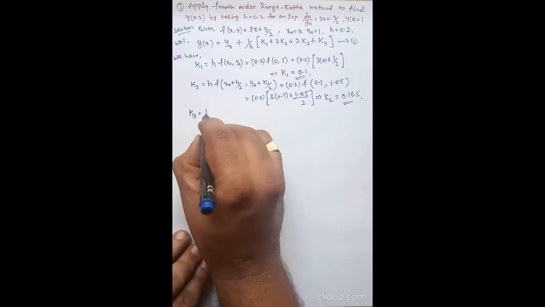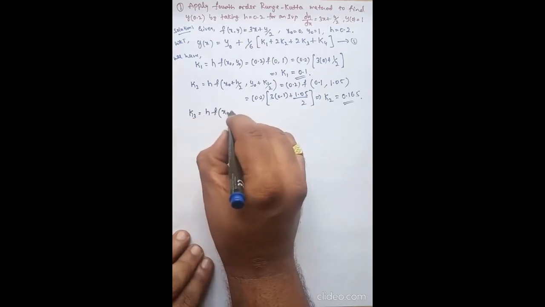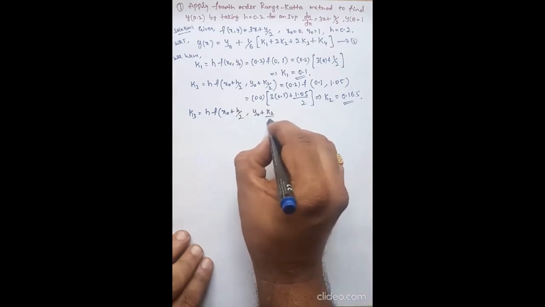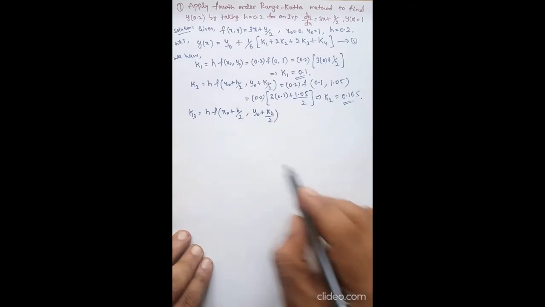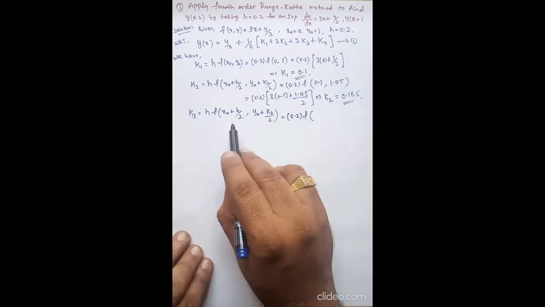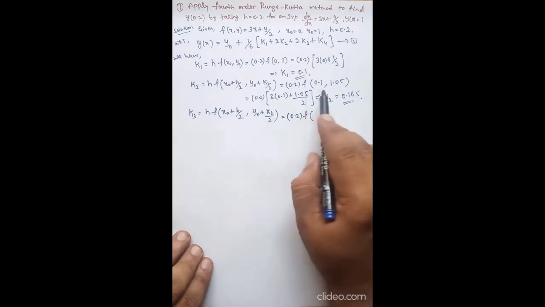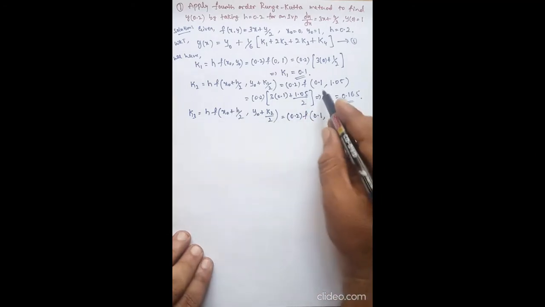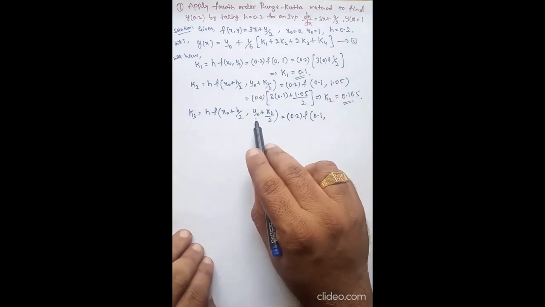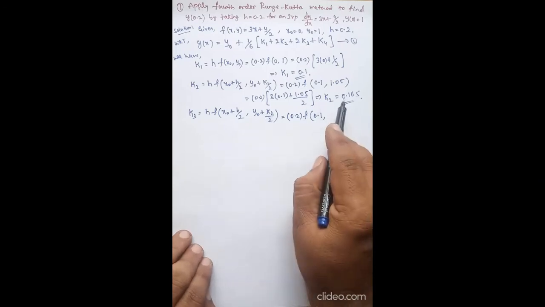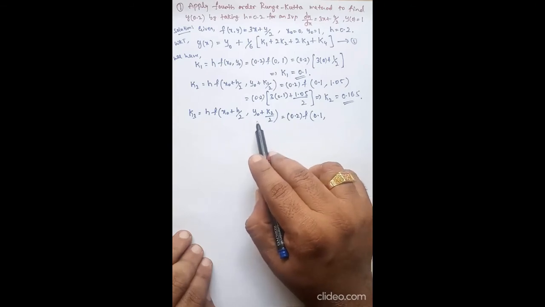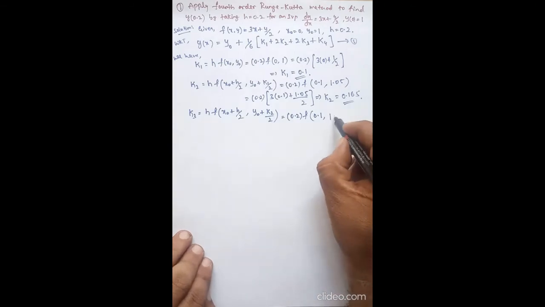the formula is h into f of x naught plus h by 2 comma y naught plus k2 by 2. So this is the formula for k3. So you know h is 0.2 into f of x naught plus h by 2. X naught plus h by 2 already we have done. It is 0.1. Substitute directly this value. But y naught plus k2 by 2 we simplify. You know, y naught is 1. So it is 1 plus k2. k2 is 0.165 divided by 2. So 0.165 divided by 2, then plus 1 gives,